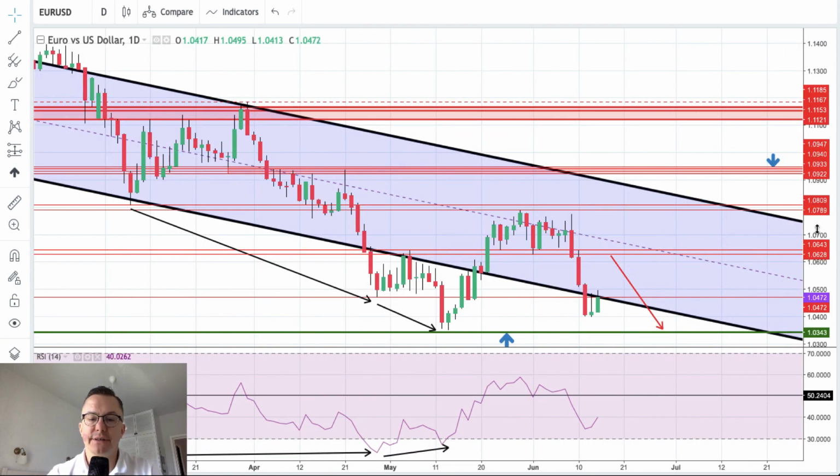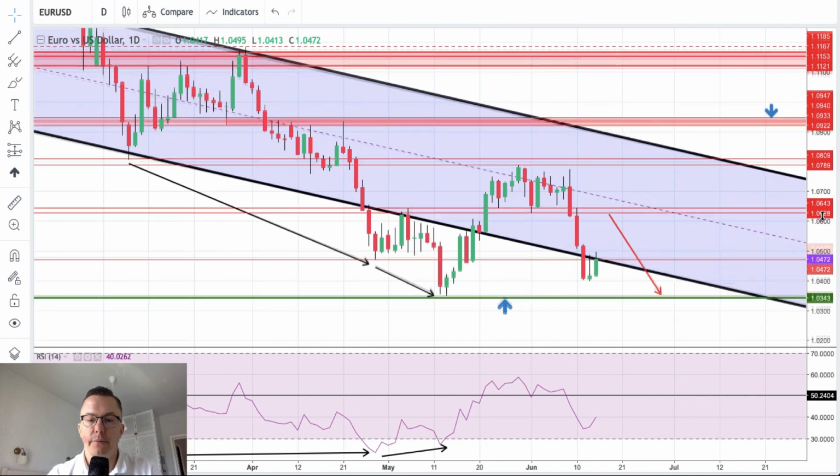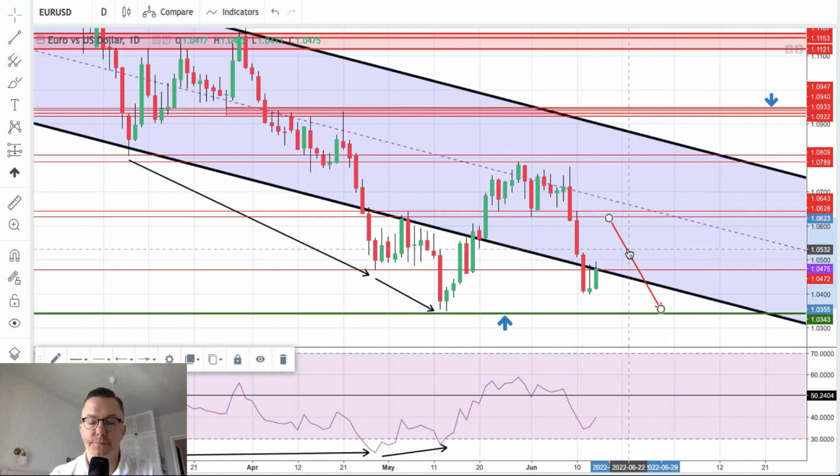Euro dollar, as you can see, is very close to the lower levels of the recent zone. This zone is between 1.0343 and 1.0789. We retrace almost everything here. We tried to bounce yesterday, we've been pushed down. Today they are trying to bounce ahead of the FOMC. We will see how this will